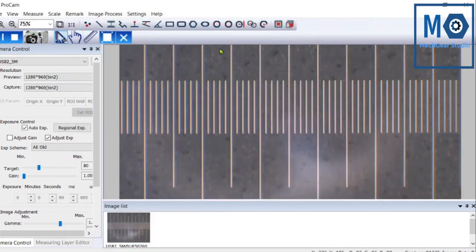We have not selected scale, so double click on 100x scale and again draw a line. Selection of the scale is compulsory, otherwise this will measure in pixel. Default measurement is in pixel. So whenever we are using measurement on our microstructure image, we have to select a scale which was previously calibrated for specific magnification. Right now we are measuring a distance for 100x magnification. So we have selected 100x scale. So right now it is in micrometer unit.